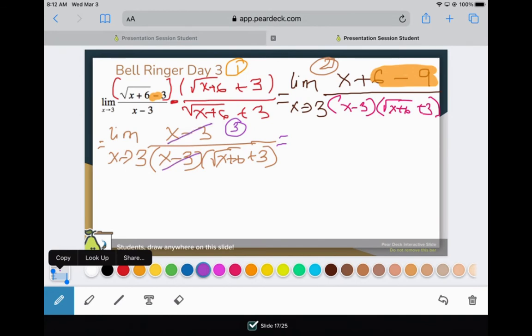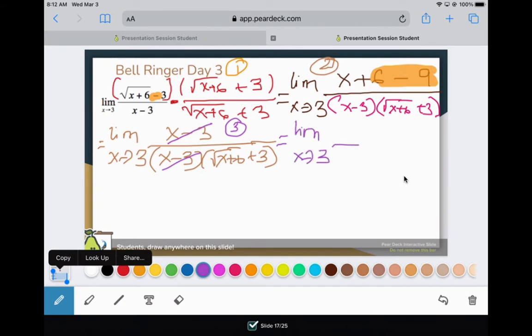So that's the purpose of why we multiply the conjugate, because we want to cancel out some factor. If you multiply them out correctly, you should be able to see one of the factors match, and then you should be able to cancel out the denominators. That's the purpose, right? I'm not going to spend the time to multiply and then not be able to do anything with that. So limit